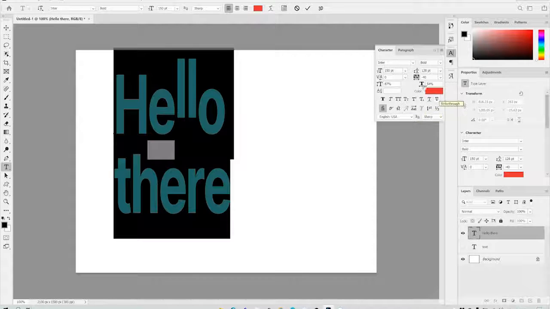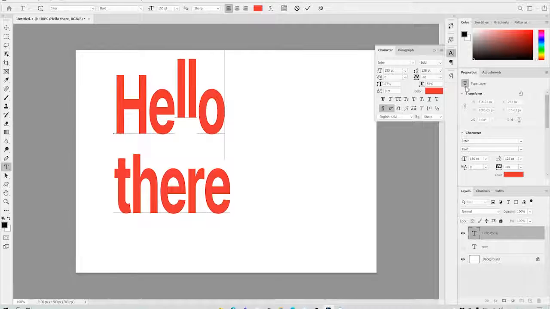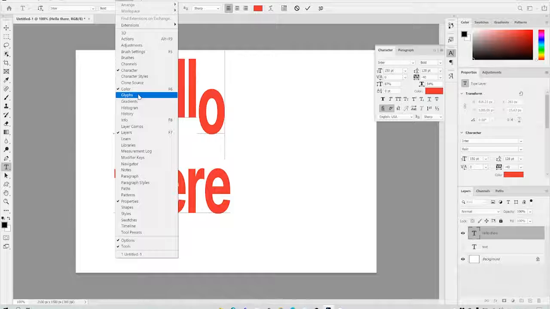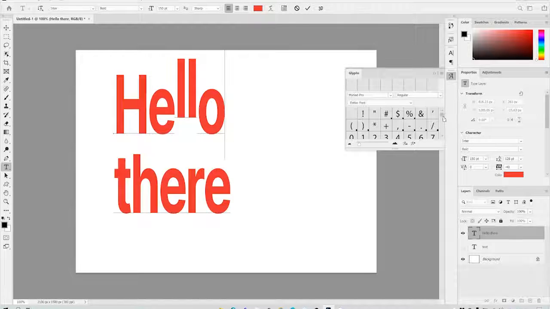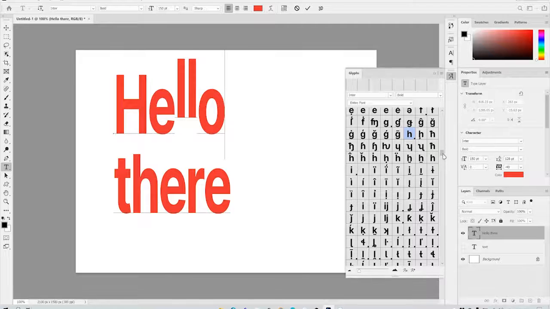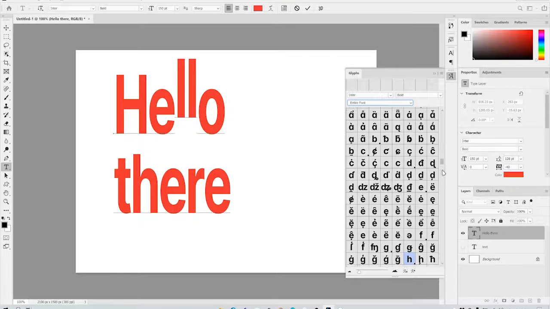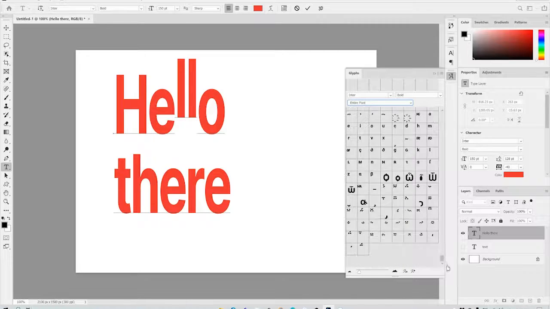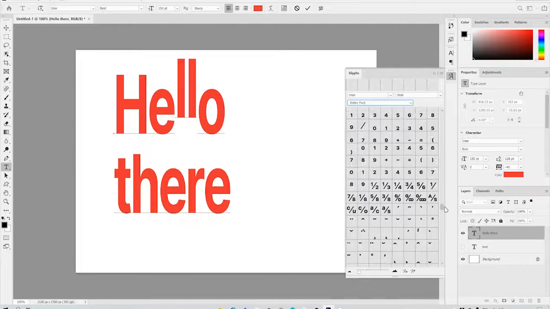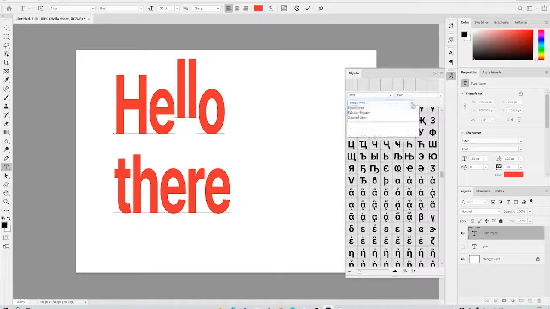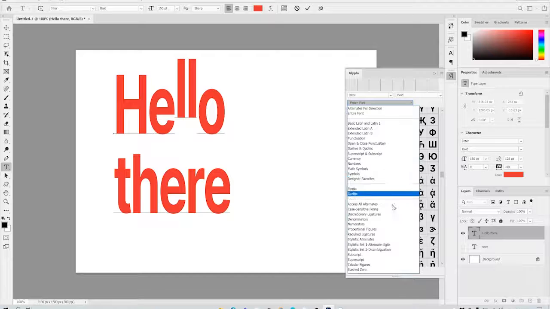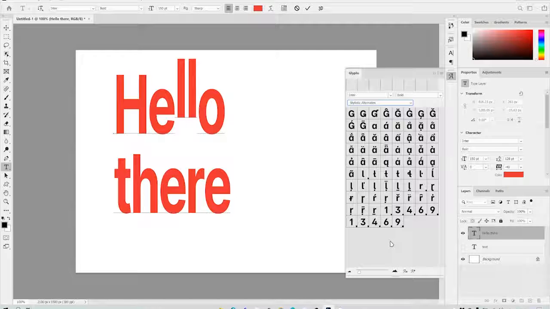If you want to know what's possible for each of your fonts, in addition to all of these tweaks, there's also a thing called Glyphs. To open up Glyphs, you actually have to hit Window and Glyphs. This lets you know all of the characters that are available in that particular font family. Depending on what you're doing, you can subdivide this giant list. Some of these may have hundreds and hundreds of different shapes and glyphs. So if you want to quickly search for a certain currency type or a numerator or those stylistic alternates,